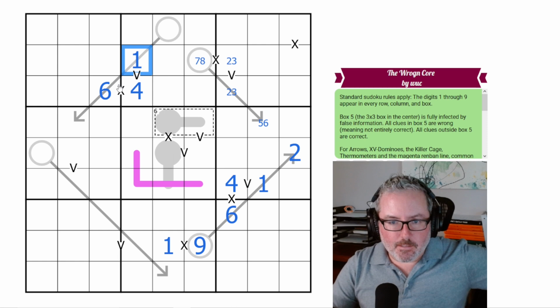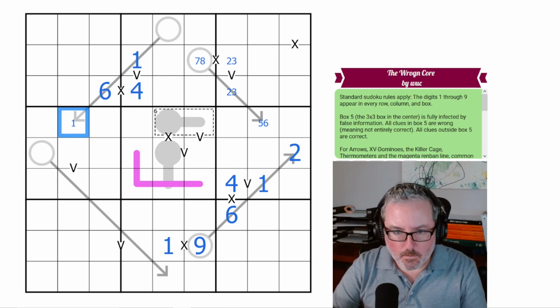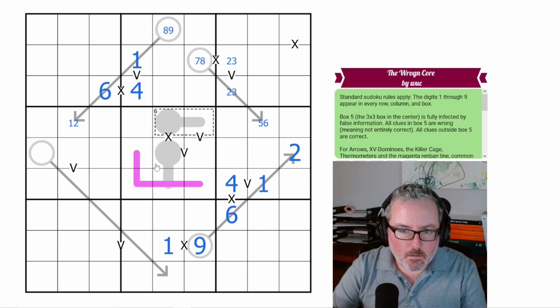And now we've got 7 already. So this is either 1 or 2. And this is either 8 or 9. Okay, now,